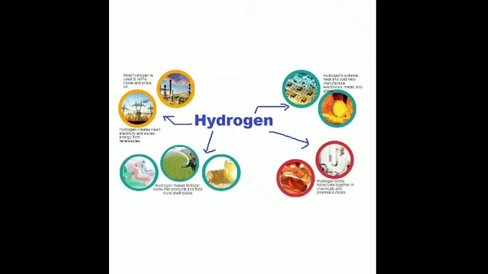Then hydrogen is a good reducing agent, that is it is used for extracting copper, lead, and tin from the oxide, because all these metals are not obtained in the pure form as you get them in the market. They have to be extracted, they have to be purified and then extracted in the pure form. So for this also hydrogen is very helpful.